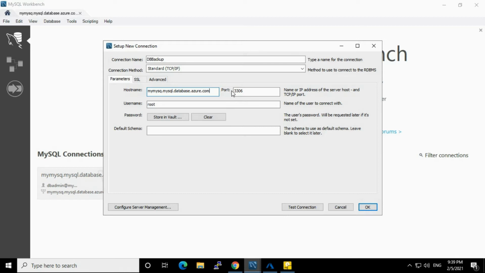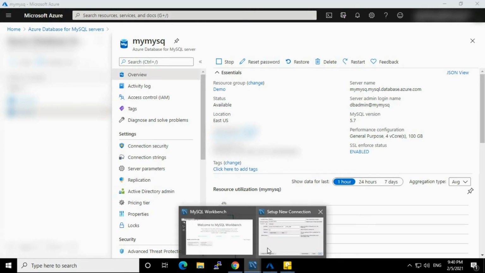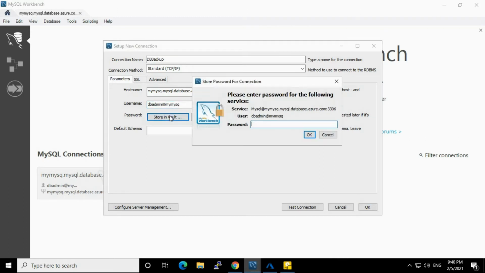I'm going to use the default port 3306. The username is the server admin login name, so just copy and paste it here. Now you need to put the password here. Okay, I have put the password.